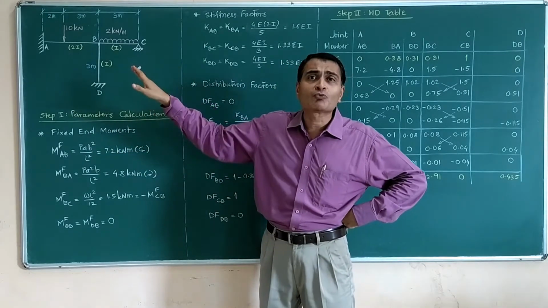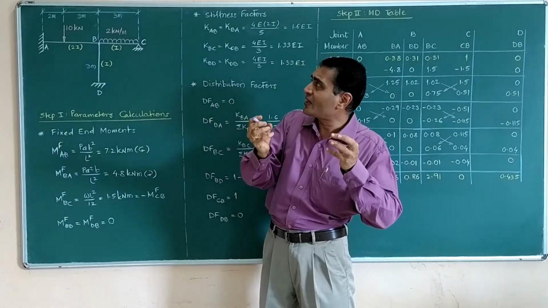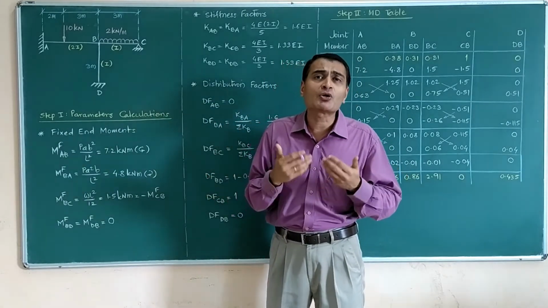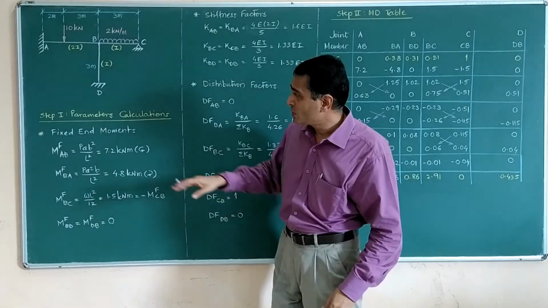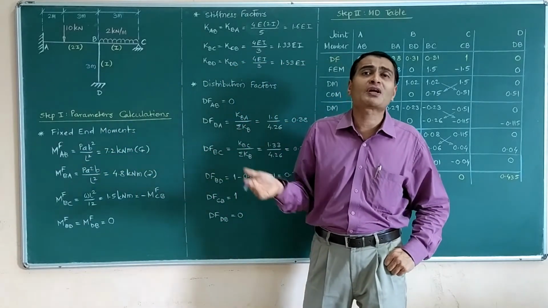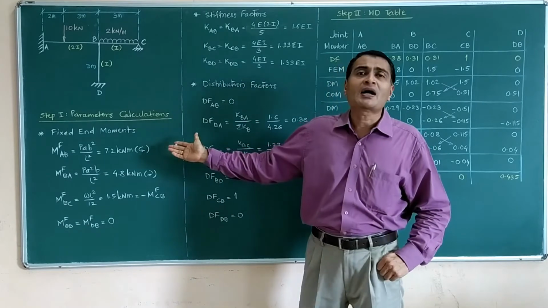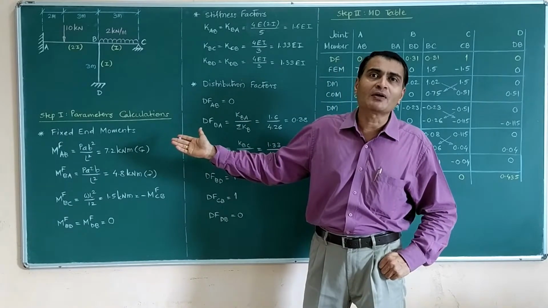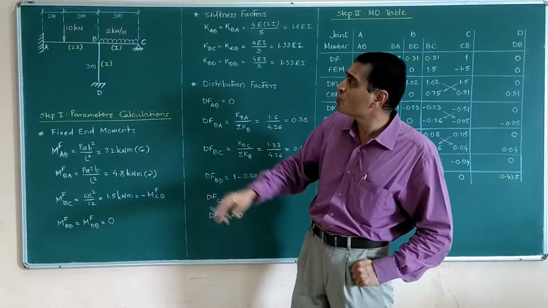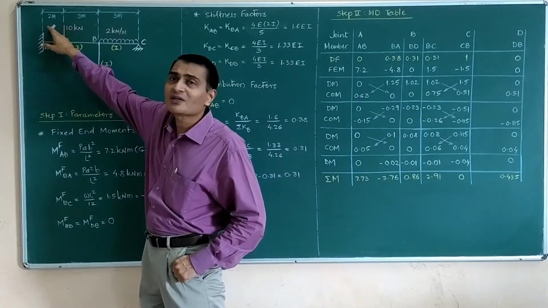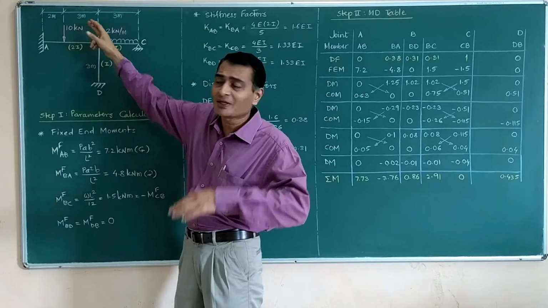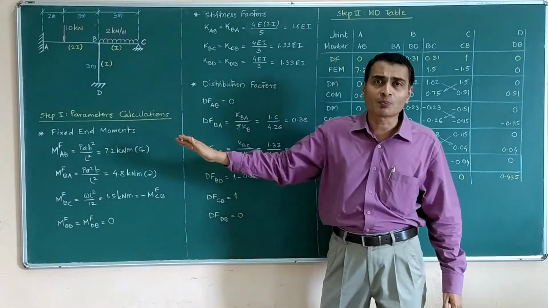I am not showing those diagrams like fixed AB, fixed BC. Those drawings I have not made because we have done this work quite often now. So fixed end moment MFAB, standard formula, P a b squared upon L squared. I substitute, I get 7.2 kilonewton meter anti-clockwise. Please calculate and check that you are getting these values. Small a will be the 2 meters left hand side distance, small b will be the right hand side distance of 3 meters. Substitute, you will get 7.2.